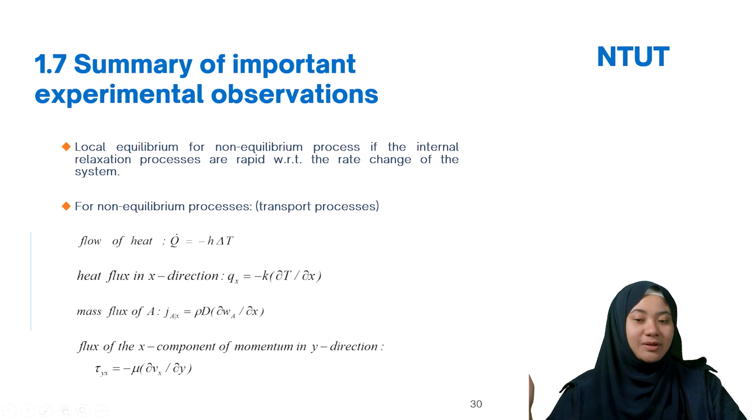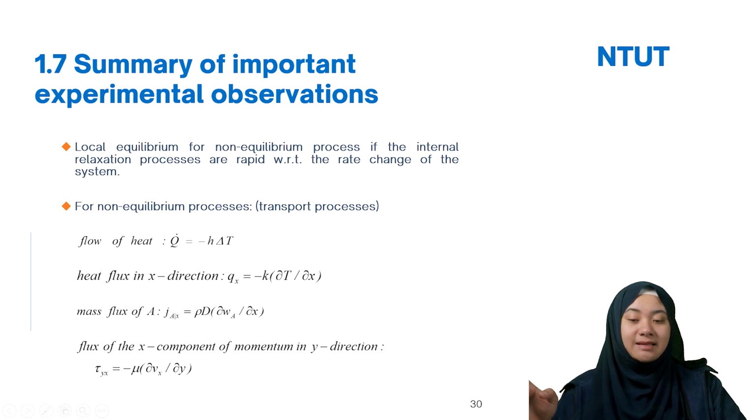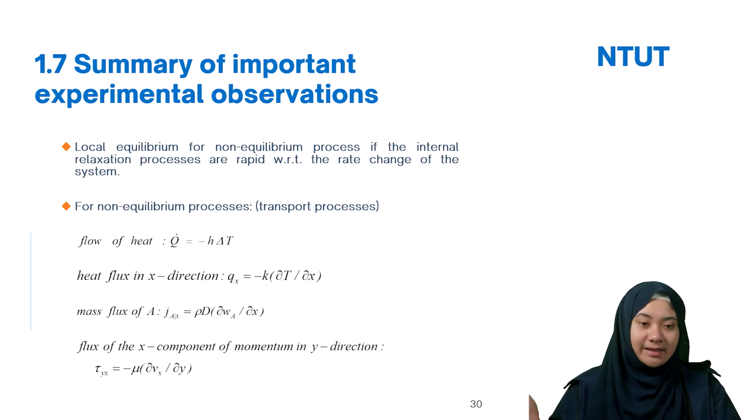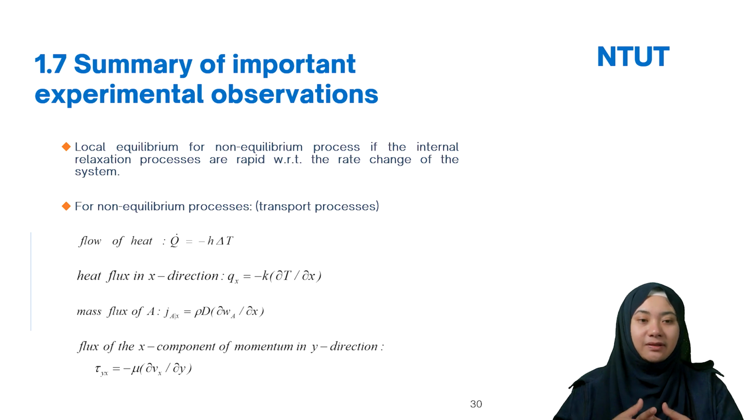Here it is the concentration: if you calculate rho multiplied by the mass fraction, you will have the concentration. This is the driving force for mass. And the same for momentum, where we have velocity, so the driving force is delta V. But delta X, delta Y here is the distance. So X, Y, Z for Cartesian or rectangular coordinates, R, theta, Z for cylindrical systems, and R, theta, phi for spherical. It depends on which kind of coordinate system you want to use.